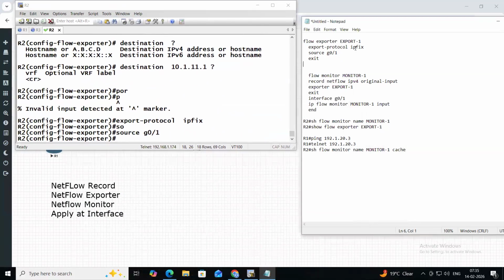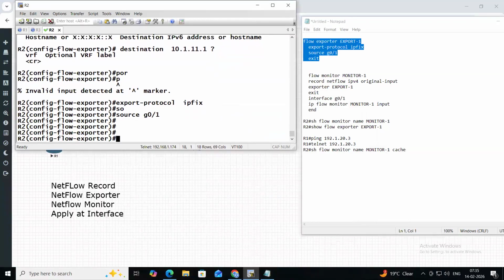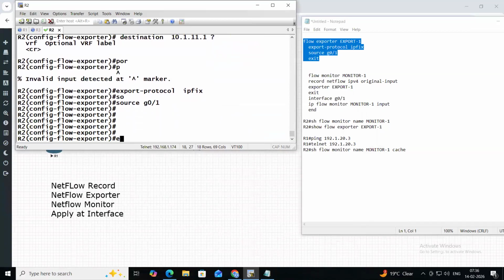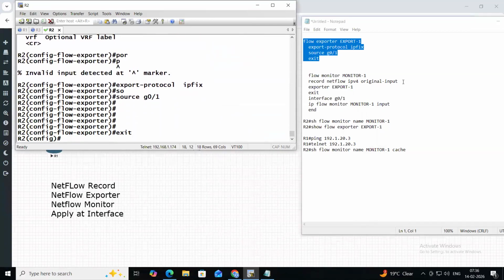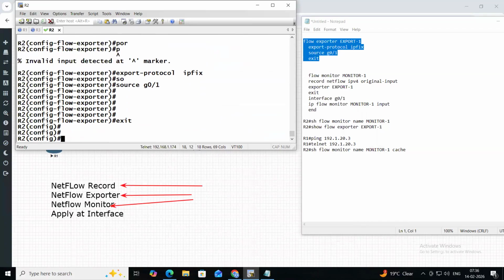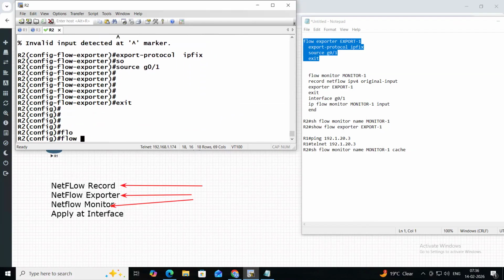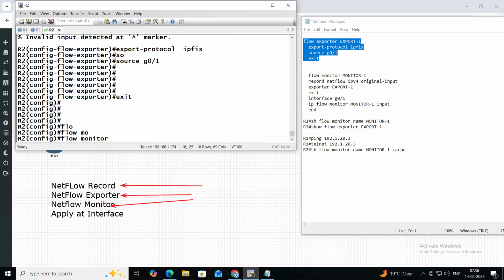Now, this was the first thing I configured, the exporter. This is ready. Now you have to configure the monitor, right? Guys, once again, I'm repeating: the NetFlow record is already there in our router. I configured the exporter right now. Now I have to configure the monitor. So I'll type flow monitor and give some name,